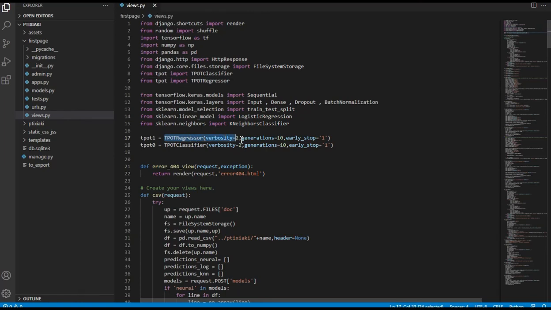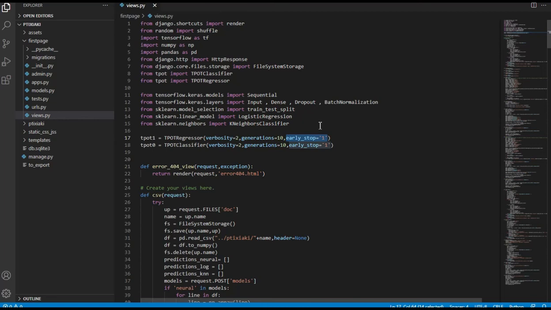As you can see here, we have verbosity, which is how dense and how many connections the model will make, how many generations it will learn, and if I don't have any improvements as the generations run,